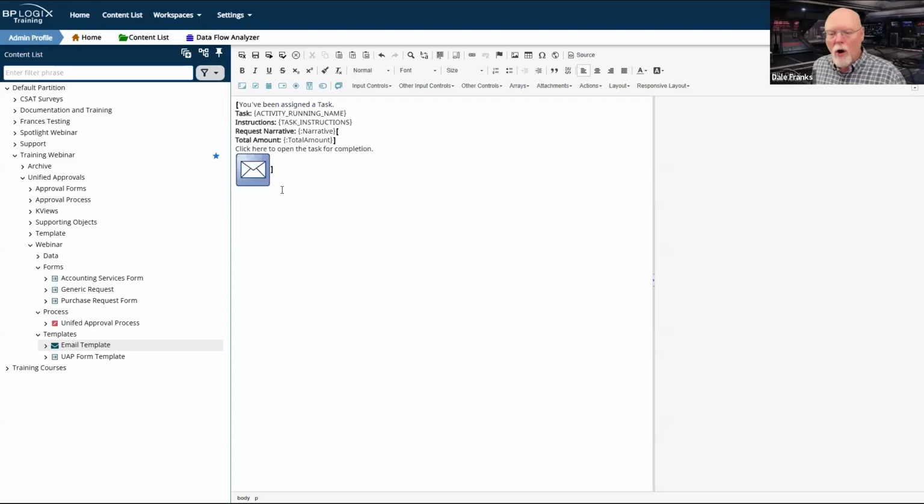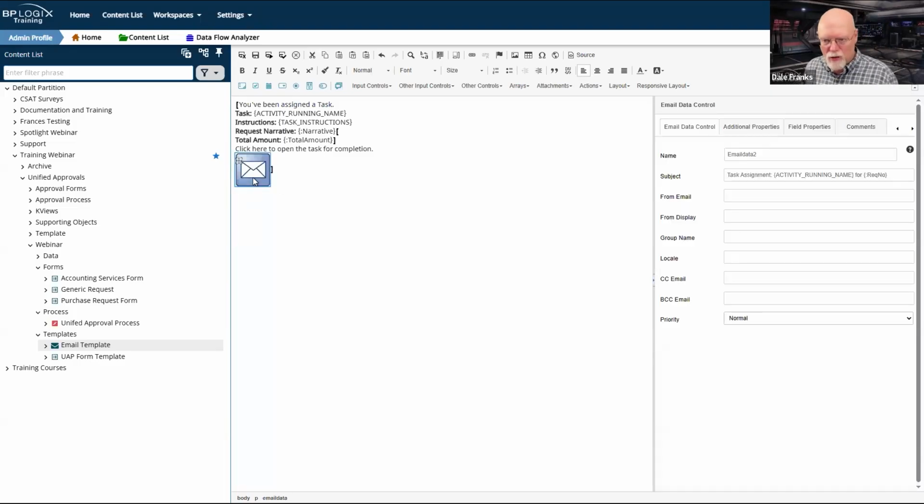Now, there is an alternate way of setting up email templates. Most of the time, when we talk about email templates, we have a separate email data control in each section.